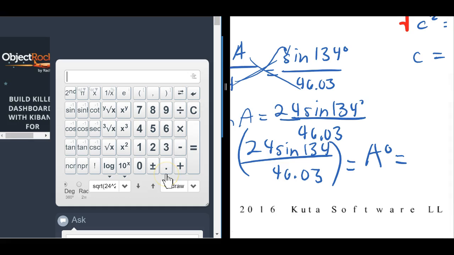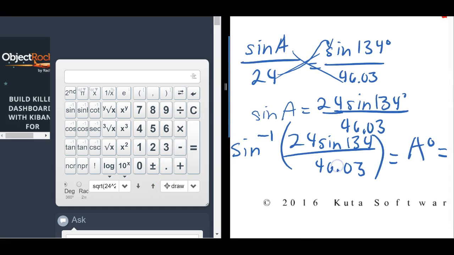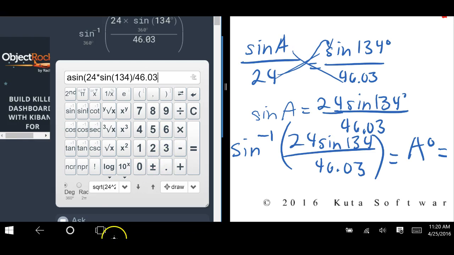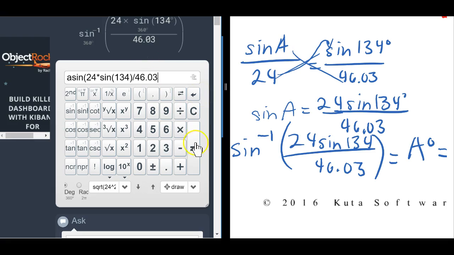Okay, so now I'm going to do the sine inverse. So again, remember, for sine inverse on this calculator, you need to push second, then sine, which is arcsine, the same thing as sine inverse. And now 24. And I'm going to have to multiply. And in order to get back to the regular functions, I had to push second again. Okay, so then 24 times sine of 134, and all that divided by 46.03. Okay, and that looks good. Looks like it matches what I wrote down. So equals